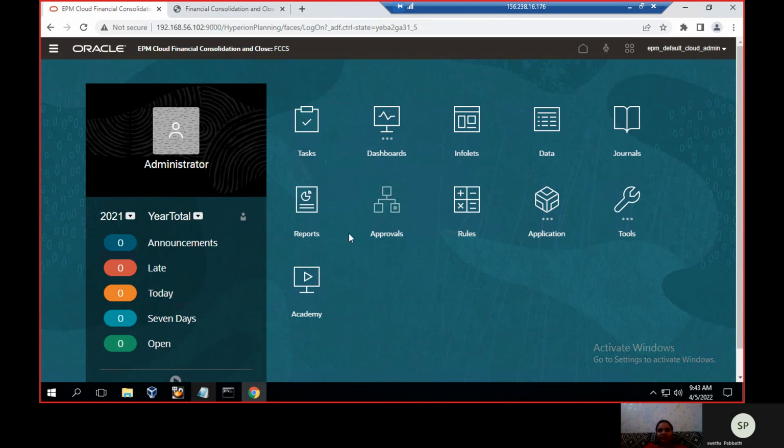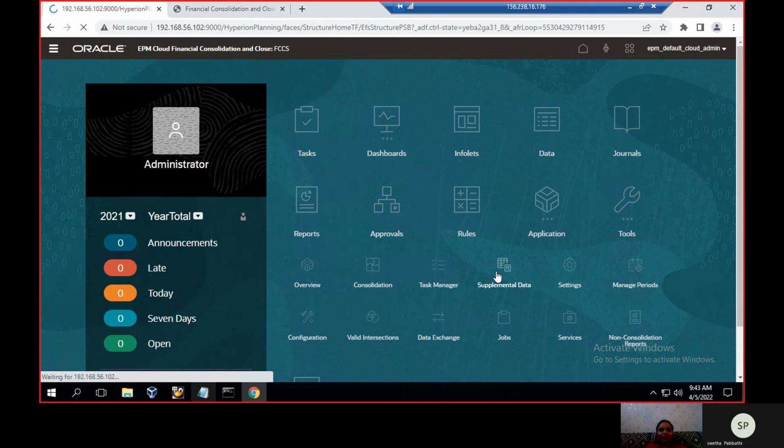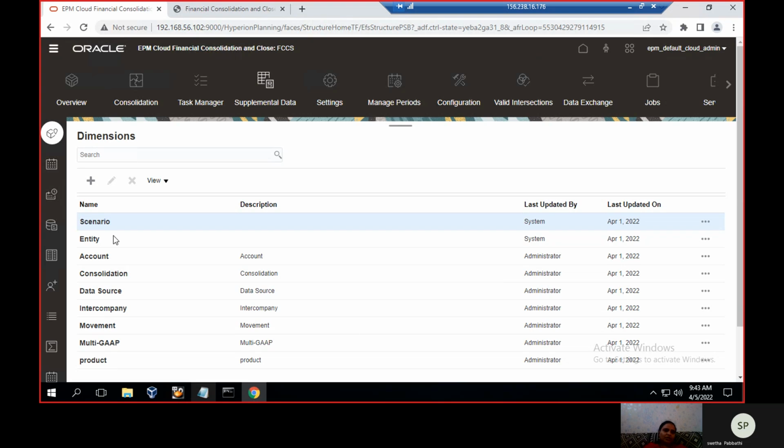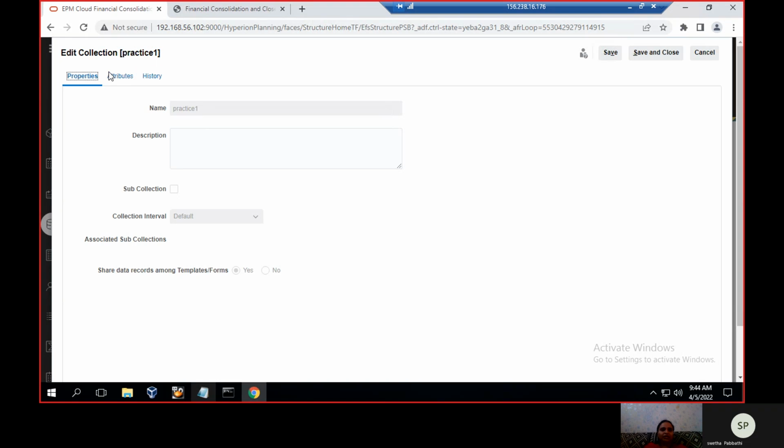Coming to the application, we have the supplemental data. Under the application click on the supplemental data, so click on the collections data. They have already created the collections data. If you want to create a new one, you can create it by clicking on the plus icon. So I have created a practice one, so giving the property name, and